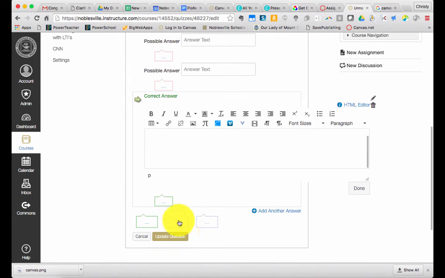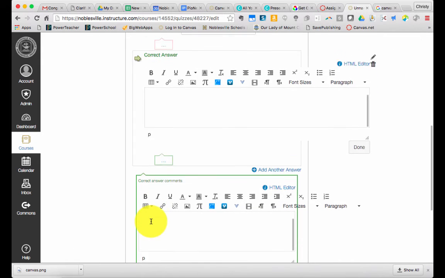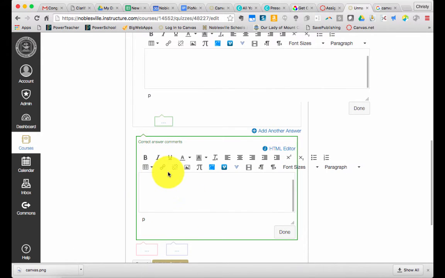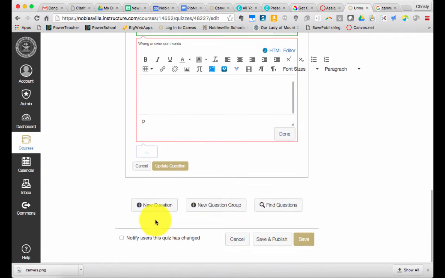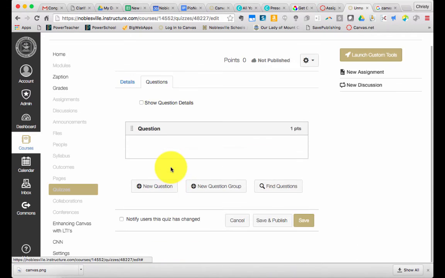When you have all of your answers, you can actually give extra comments. So if you're going to let your students see their answers, you can have extra comments as to description why this is right or why this one's wrong. You hit update question, and then you'll have your question right there. You can just continue to add new questions, or you can go back and edit that question by hitting the